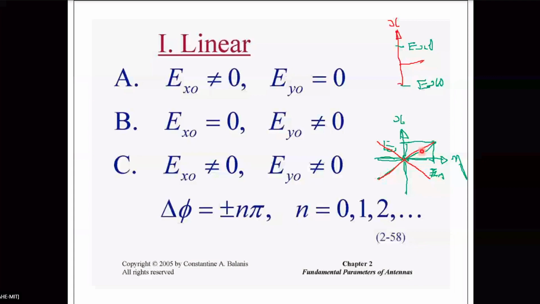This is also a linear polarization, because why? The electric field orients along this line or this line. Both are straight lines. So these three are cases of linear polarization. The instantaneous value of the electric field will lie between these limits, and it always traces this line, or this line. So all these three cases are cases of linear polarization.